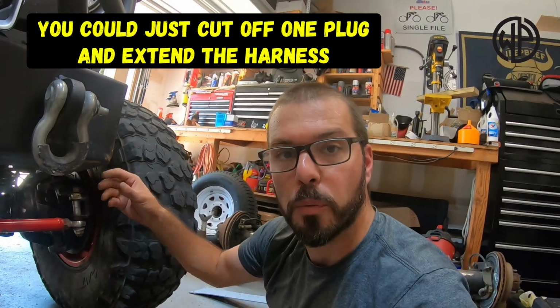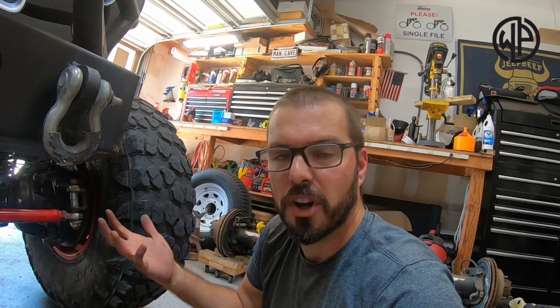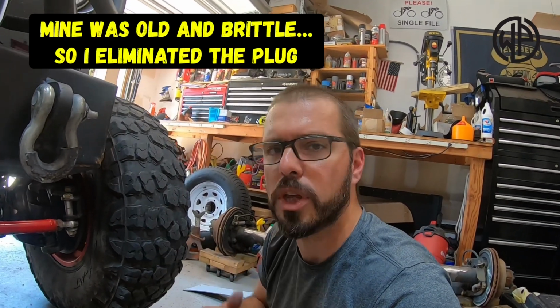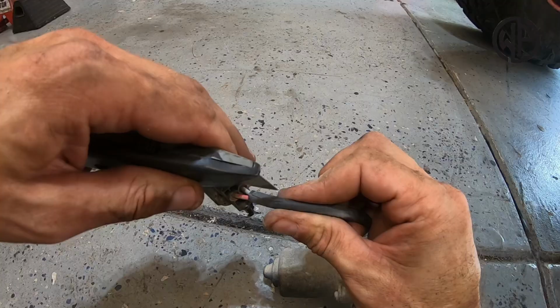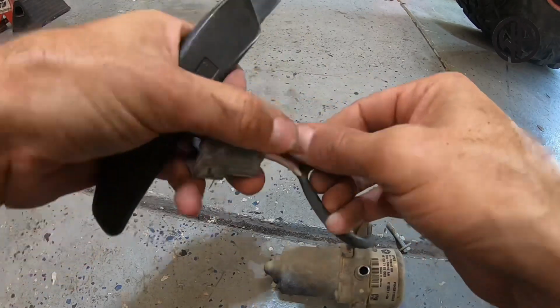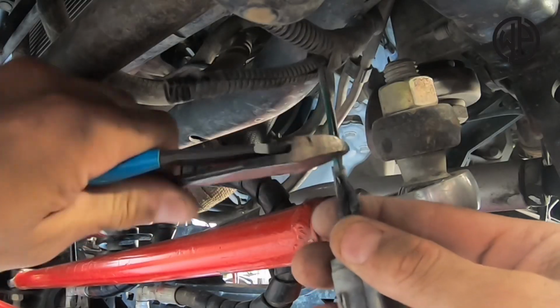So we're gonna remember that, we're gonna disconnect it, and we're gonna cut both of those plugs off, leaving ourselves a couple inches of wiring on either side of that plug in case we ever wanna reuse it again, we can reattach it. Because my plug was super old and brittle, I'm gonna completely eliminate it. So I expose the wiring, cut it off, and then do the same thing to the other end of the